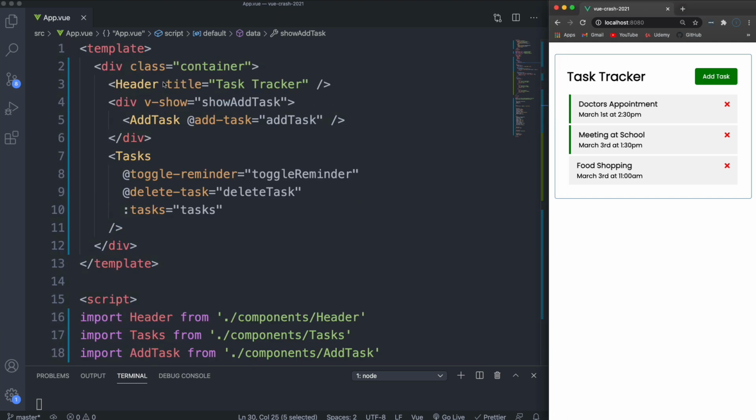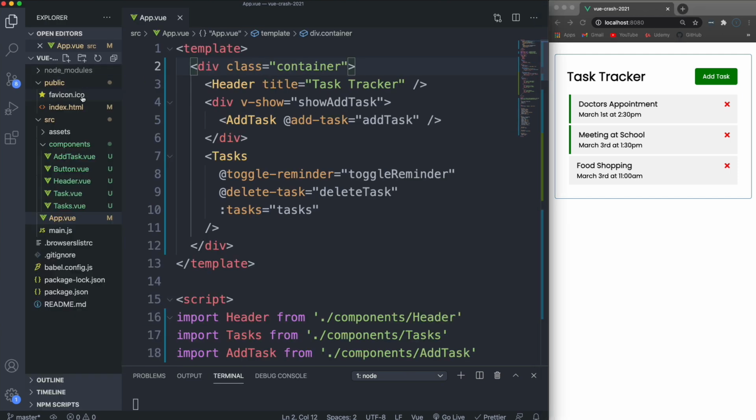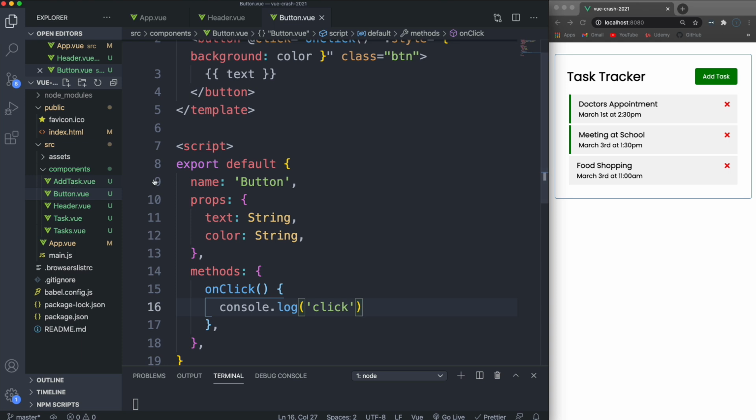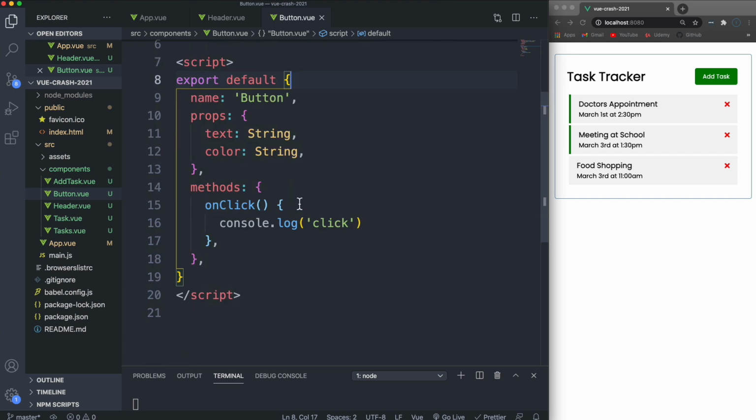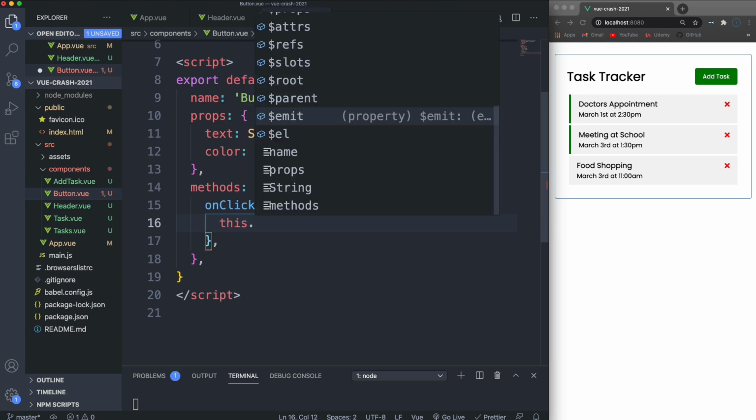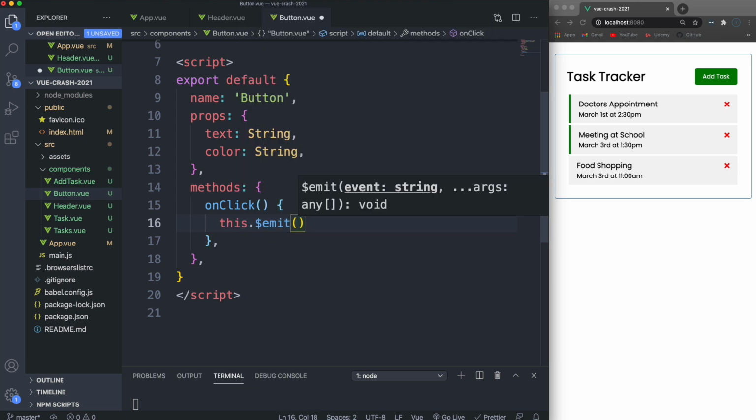So in order to do that, let's go ahead and open up header and button. Now the initial event comes from the button, right? Remember we have this on click. Right now it's just console logging. We don't want to do that. Let's get rid of that. We want to do this dot emit, and let's call this, no, let's call it